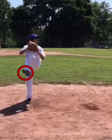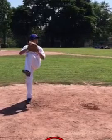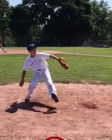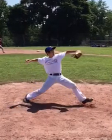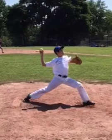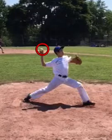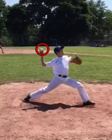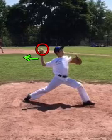Next, as we move towards the flexed bow position, you do a pretty good job here, but take a look at the ball. The ball right there should be pointing towards center field, and you're pointing it towards third base. So perhaps consider getting a little more extension back, but also make sure that ball is aiming at center field